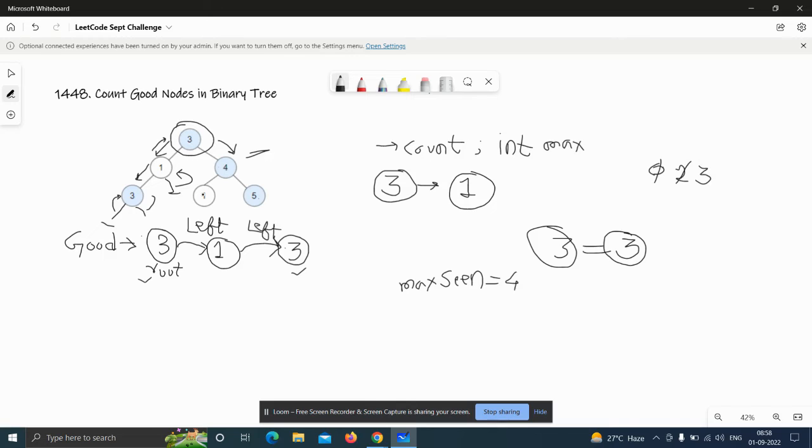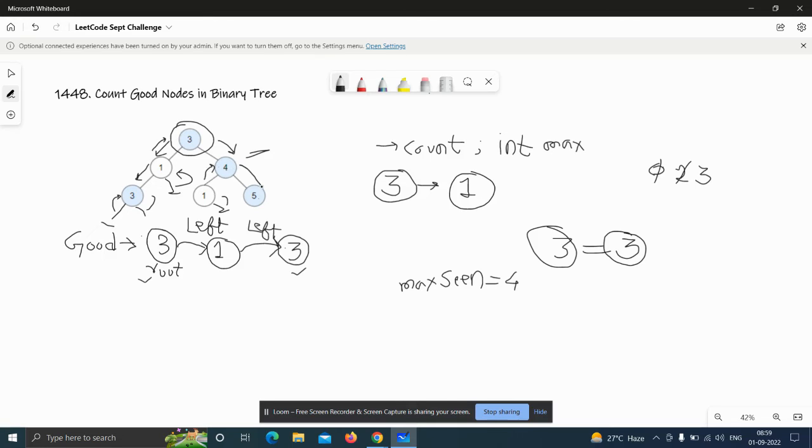We observe that 1 is less than our maxine. So we move to left. We return since there is a null value. Again we move to right. Here it is a null value. We will return. Then we will return from node 1 and reach 4, and then we will